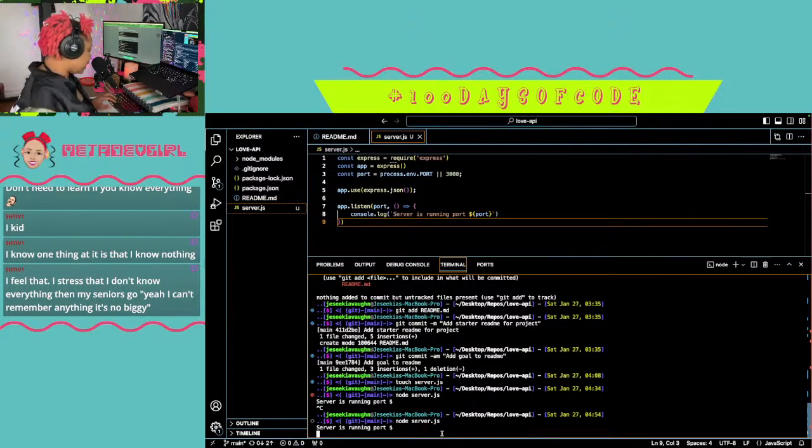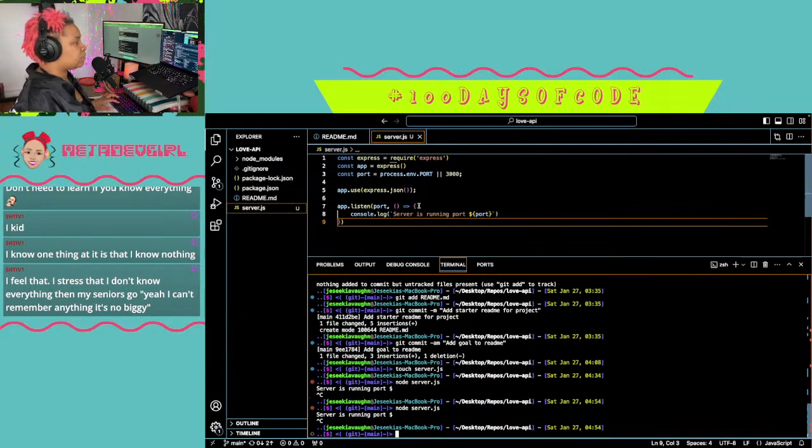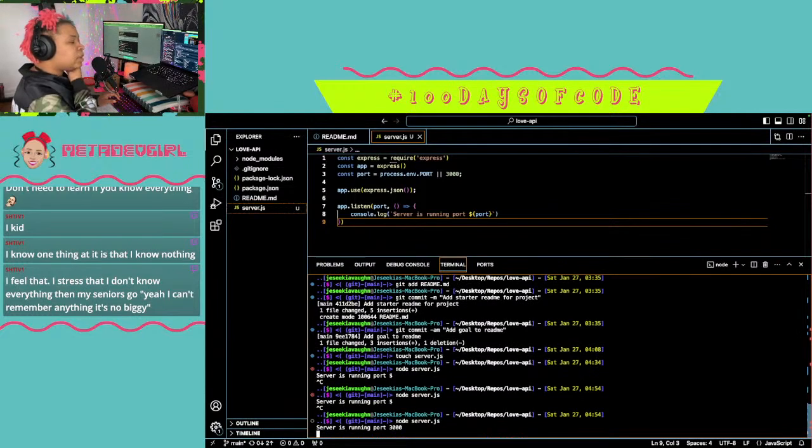I don't know why I still don't put autosave on. I don't believe in autosave, y'all, because not everything has autosave. There we go, now it's running. I think it's best to just never have autosave on. That way I always remember to save my files.